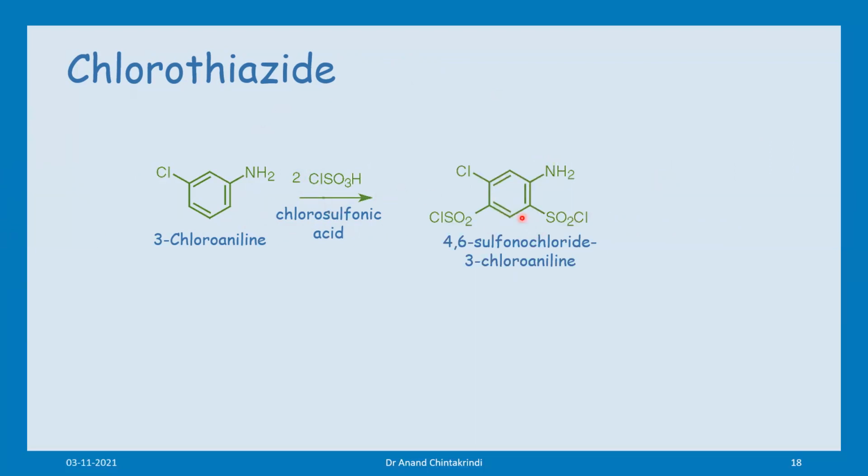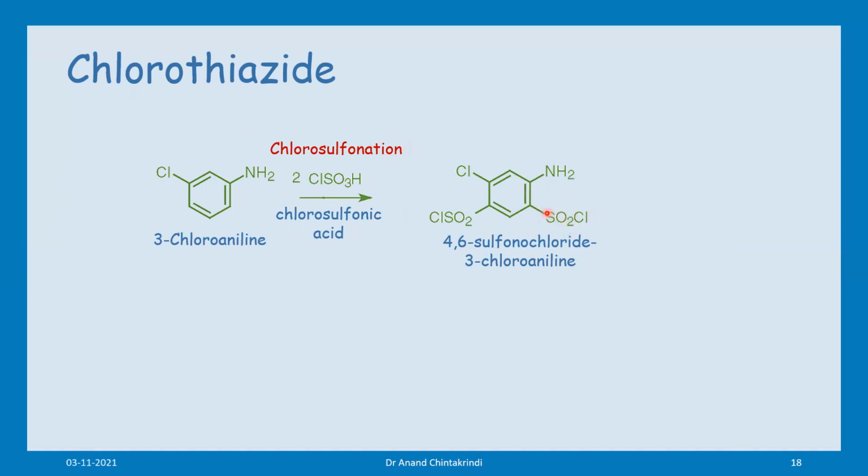This is again an electrophilic aromatic substitution reaction wherein the chlorosulfone moiety is the electrophile in this case. So, chlorosulfonation. You get the sulfonyl chloride group